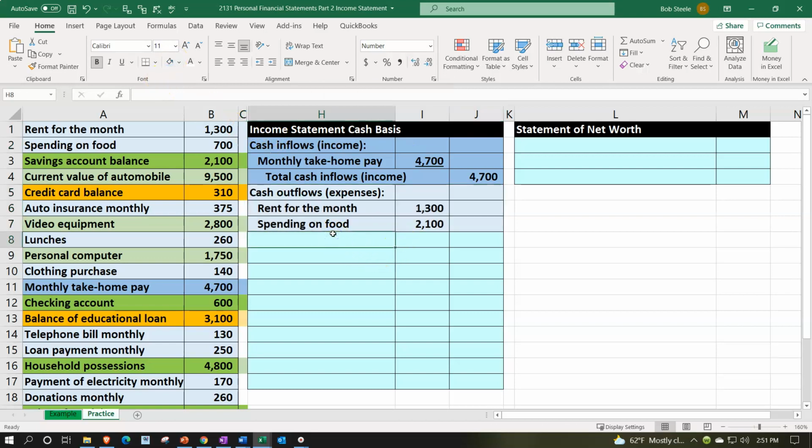And then we've got the auto insurance here. Note that auto insurance is one of those things that you can pay, not monthly, but yearly, or every 6 months or quarterly or something like that. And if you pay a whole year of auto insurance, that's usually when the accrual method comes in useful, because if you were to have an expense or outflow for a whole year's auto insurance in year 1 or